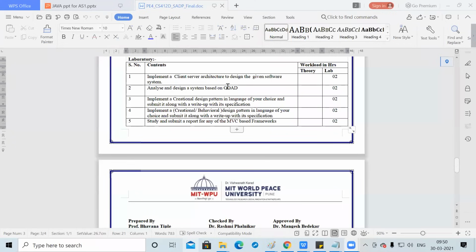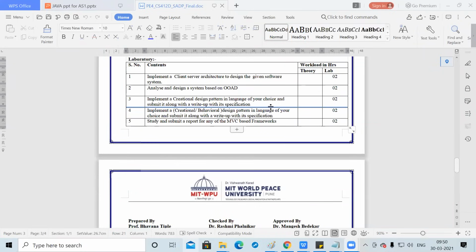In the creational design patterns, you have to choose a suitable language to make those creational designs, and also specify the requirements in that particular design. That is done in assignment 3, which focuses on the different types of design patterns.